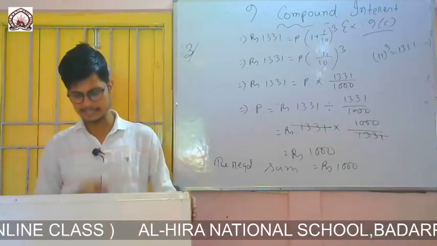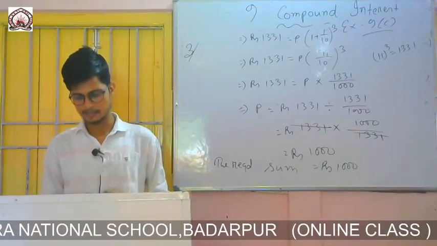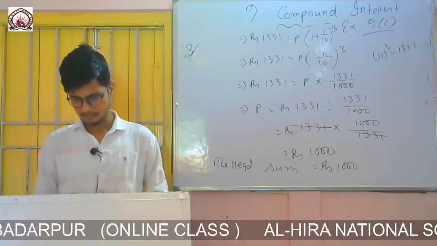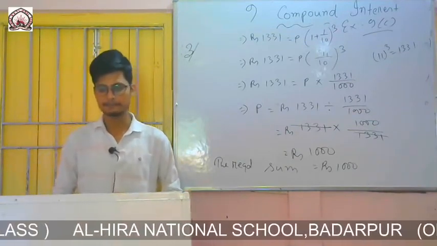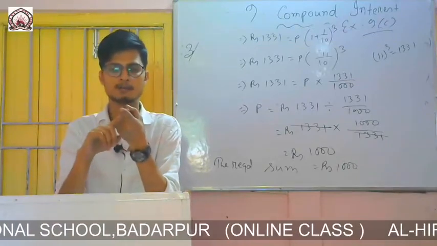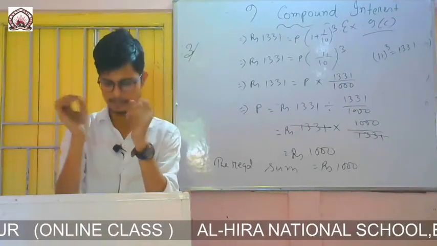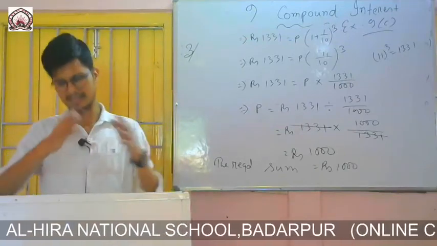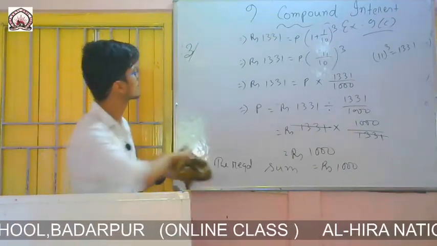So in this case, you see that simple interest and compound interest, it says that on a sum, we let it be x, and the difference between simple interest and compound interest is given, rupees 15. So first of all we will find simple interest, then we will find compound interest, and then we will write according to the question CI minus SI equals rupees 15. This is the easy way. There are other ways. If anyone wants to follow that one, directly one method is there. If you want to follow that one, you can do, but I think it is the easy way.